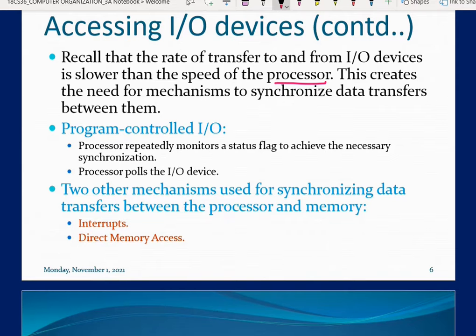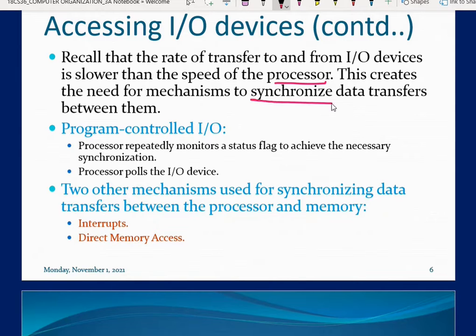Even though I have a high speed processor, it is forced to work at slower speed, so I may not get a faster rate of program execution. But we can make all the devices, to some extent, work at the same speed by using different mechanisms.